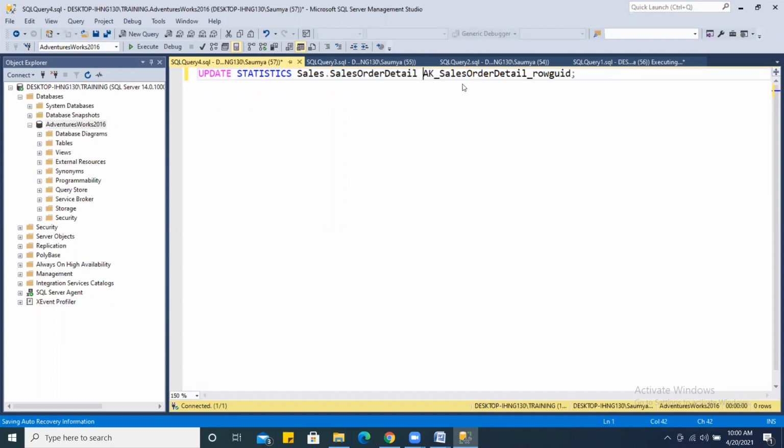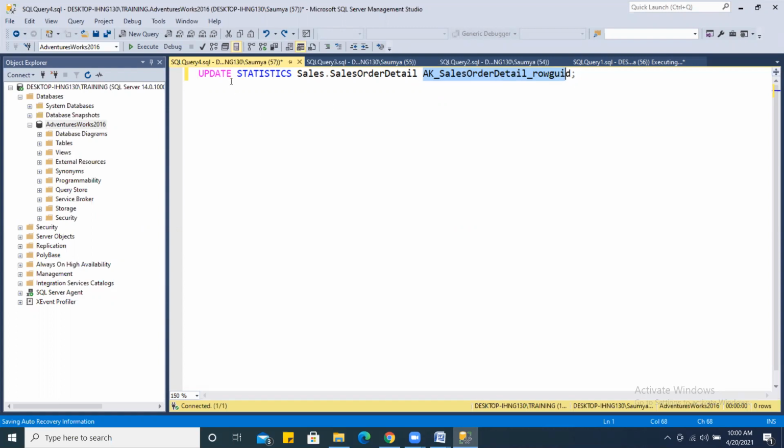No, I am talking about updating the statistics related to this index. Related to this index, I have one statistics, right? Every index has its own statistics, right? So I want to update my statistics against this index.